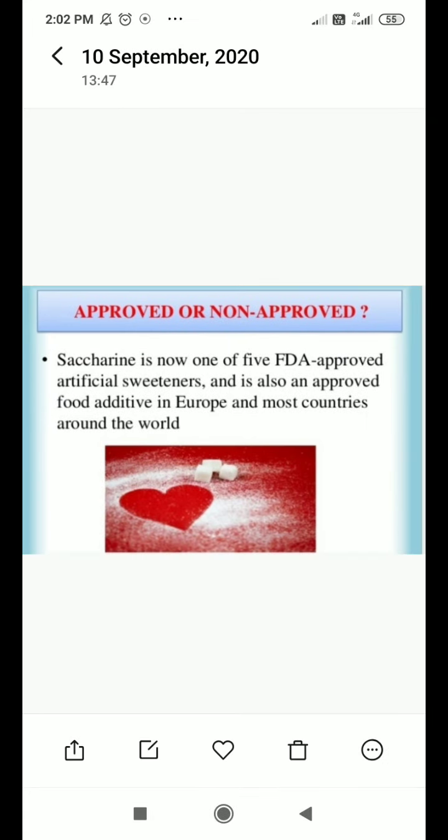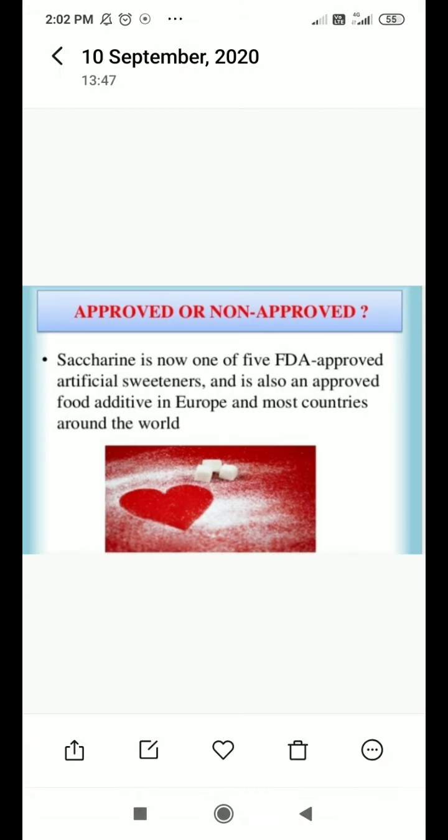Means for drug approval purposes, when a drug comes into the market, you have to check whether the drug is approved by different regulators before it goes to market, like FDA, CDSCO, DCGI, etc. So approved or non-approved means your regulatory authority has given approval or not.